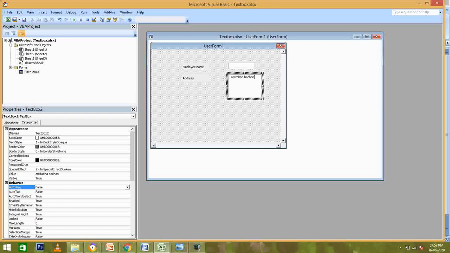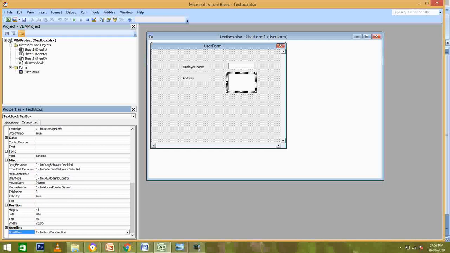Here we will write address. One by one we'll see the scroll bar property. First we will see none. In this case, no horizontal or vertical scroll bar will be available in the text box. Let's set it to horizontal. How can you use that? Check whether word wrap is set to false. That is required, because otherwise the data I have written will move to the next line, so there will be no use.